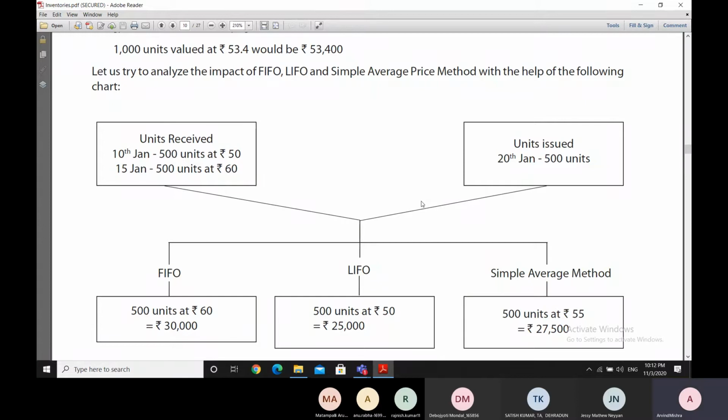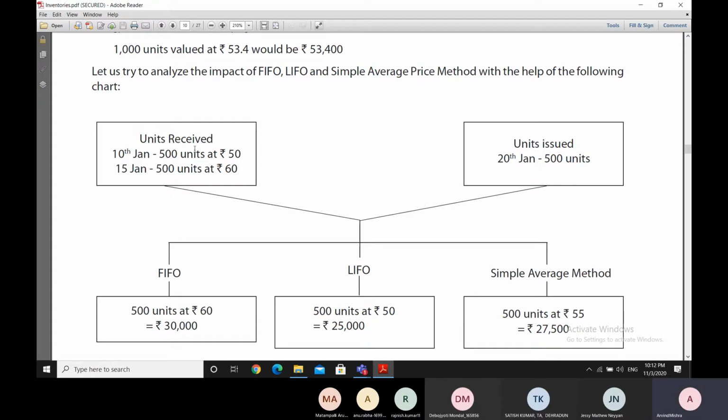Now let us say that the units which were received on 10th of January, 500 units were received at rupees 50. On 15th of January, 500 units were received at rupees 60. And as far as units issued is concerned, on 20th of January, we are issuing 500 units. Now in this situation, what will happen is that if we were to follow the Fifo method,